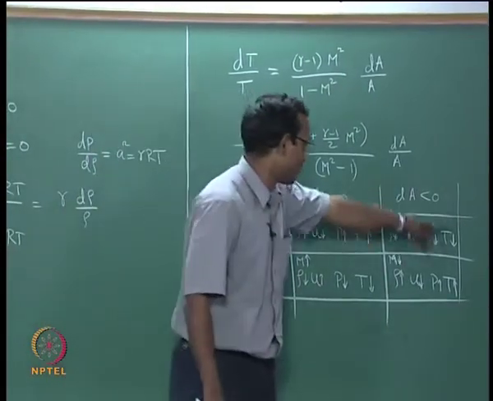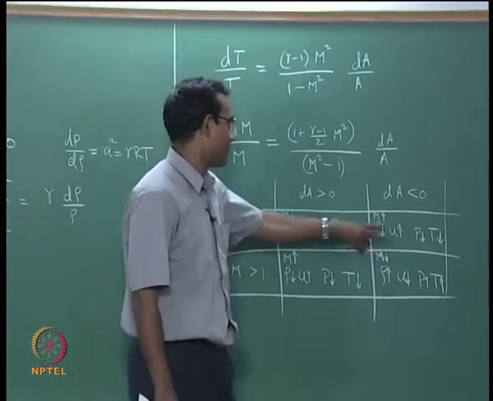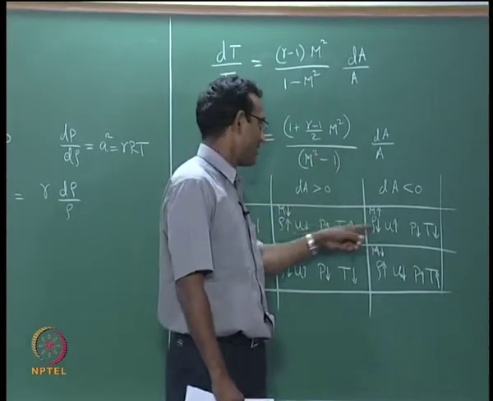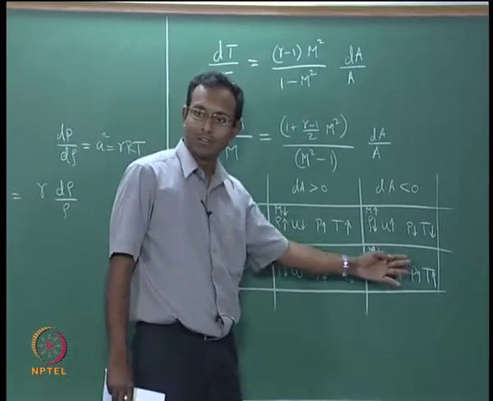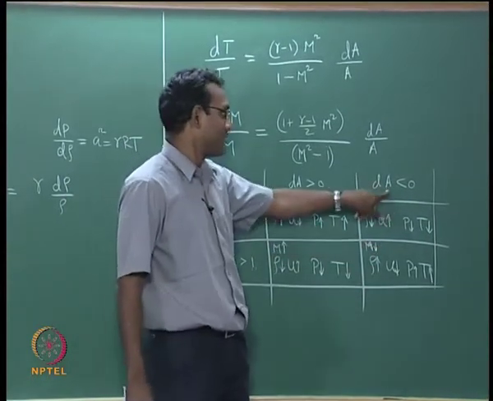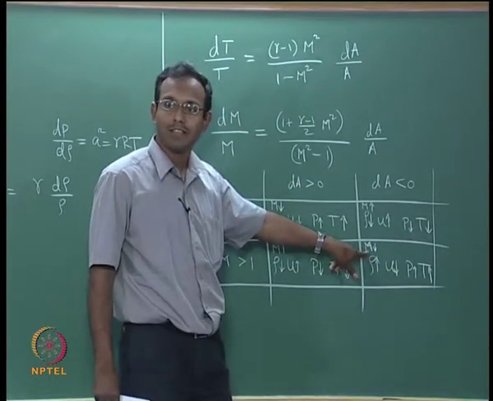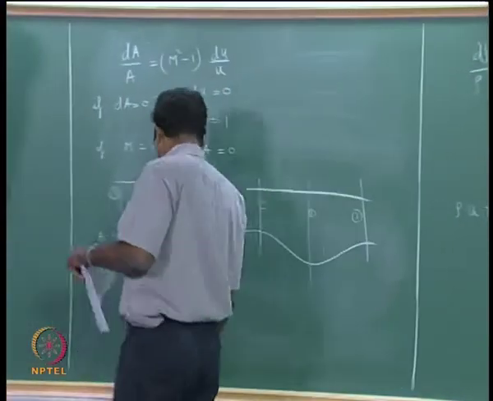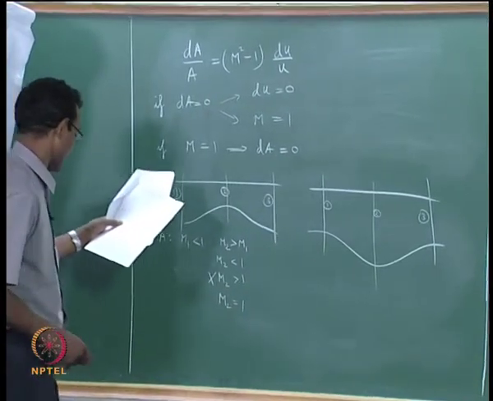So I am going to look at only this column, and I am going to say my Mach number is less than 1 when I start. Mach number keeps on increasing, which is a good thing. I am going from 0.5 towards 1.2, but when it reaches 1, I should not look at this row, but I have to jump to this row and look at this one, because I want to go from 1 to 1.2, I have to use this row. If I have the same area variation, it is going to decrease Mach number again. Okay. So that particular case cannot happen. Okay. So I have written it there, but we won't think about that particular case at all.